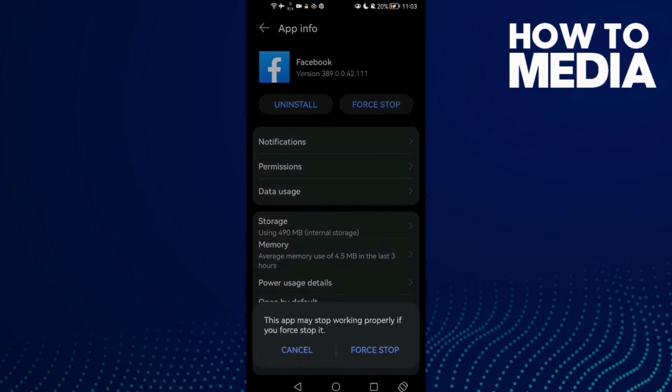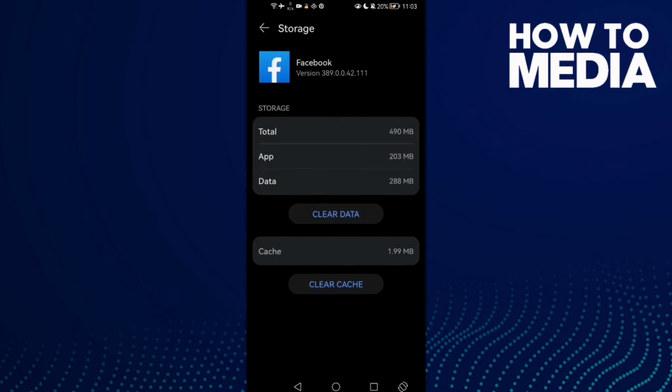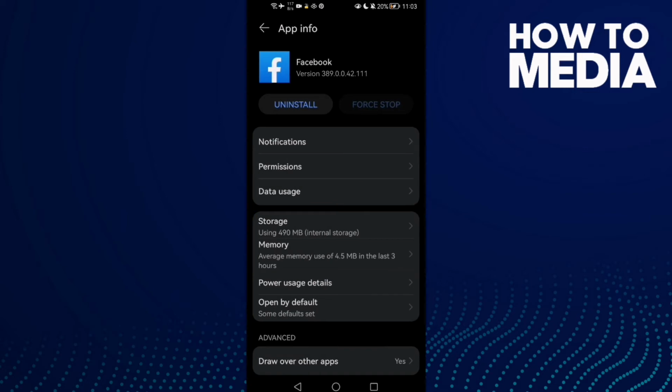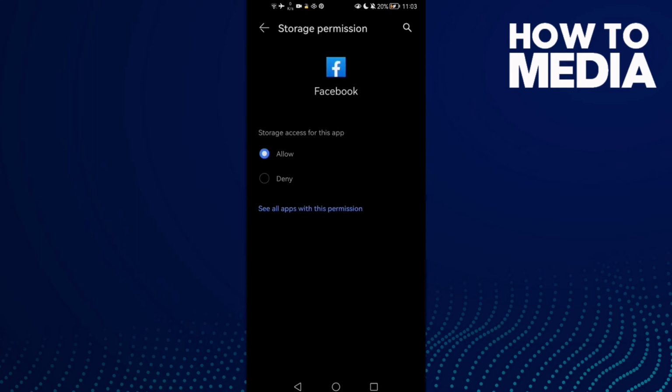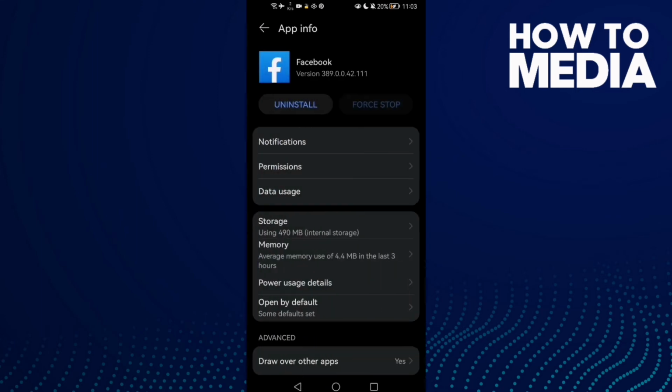Now click force stop and go to storage, clear cache, and then go to permissions, enable all of those permissions here. If you want to enable something here, just click on it and click allow,